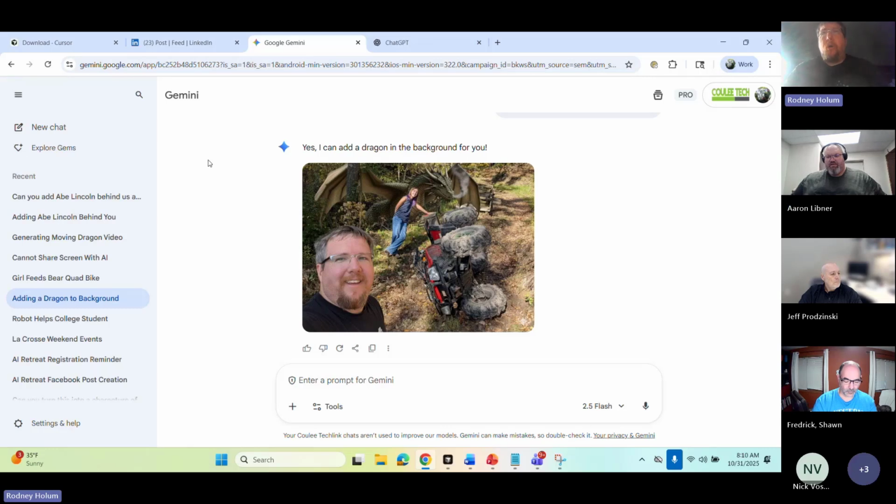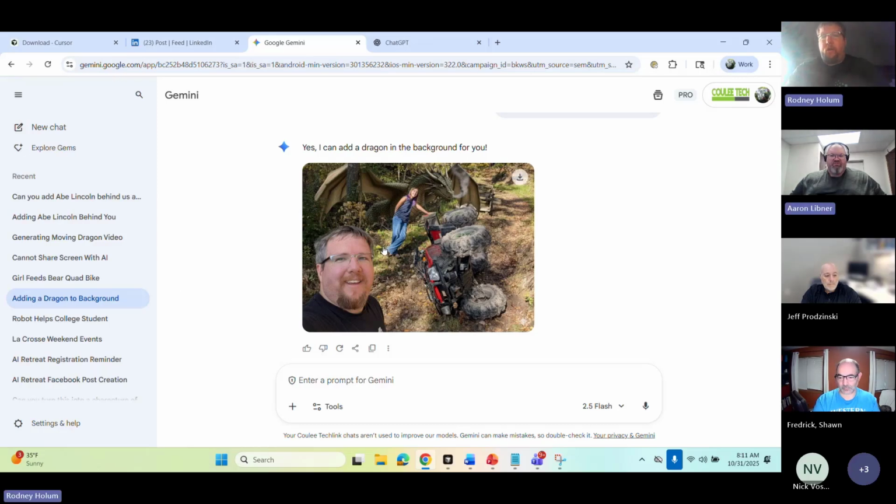And there's a lot of talk that Gemini 3.0 is supposed to be coming out here. I was hoping it'd be out before this meeting so we could play with it a little bit, but it hasn't released yet. So probably in the next week or two, we'll see Gemini 3.0, which should be another pretty large step forward on the AI model.